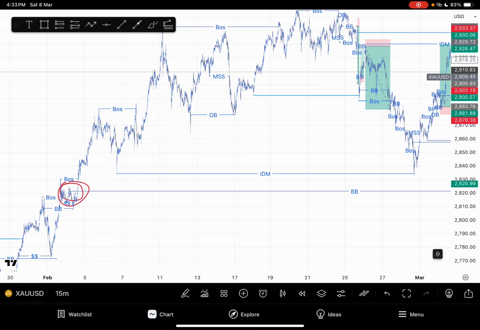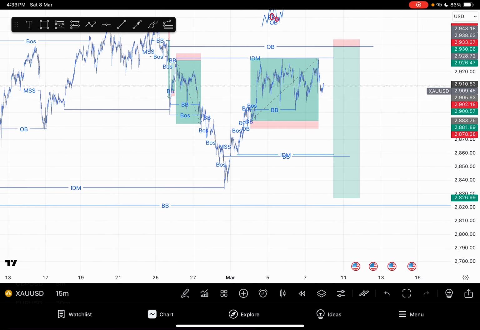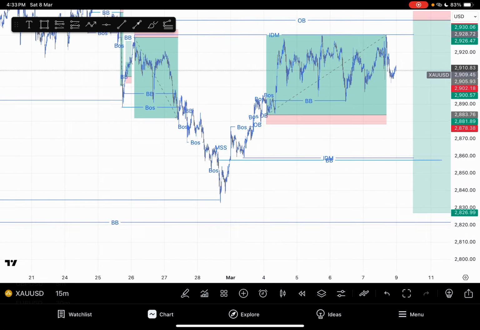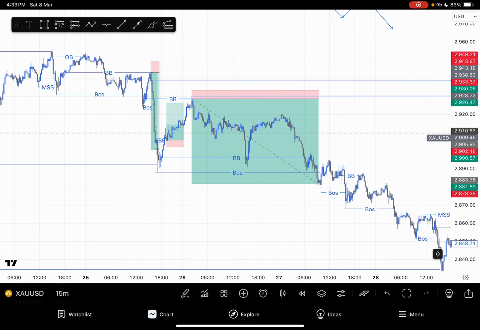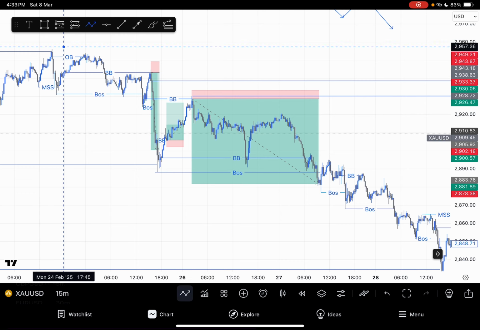After I spot the trend on the 1 hour time frame, spot the uptrend on the 1 hour time frame, then I move down to lower time frame. I'm using the 15 minute and 30 minute time frame, but including 5 minutes for my setups. So I move down to a lower time frame to spot those entries. So from here, we all know from 2 weeks or I think 3 weeks back, price has been creating